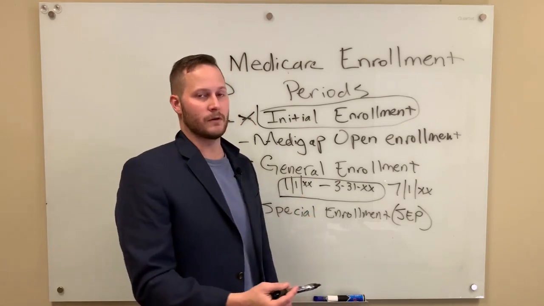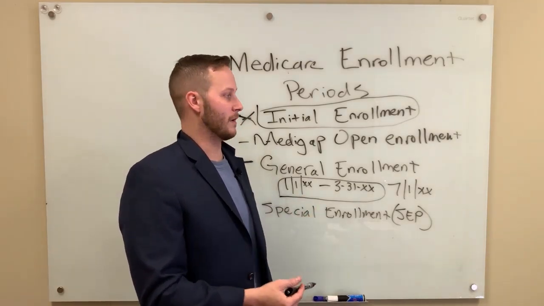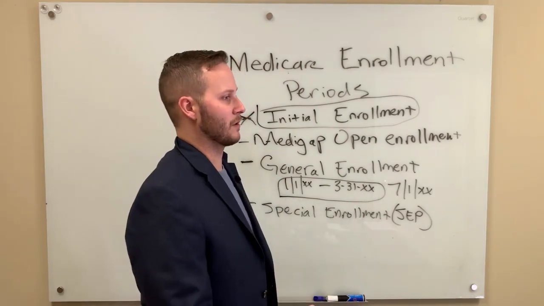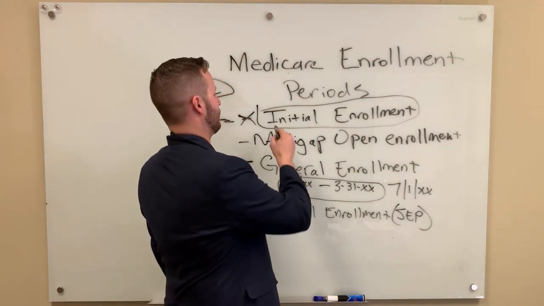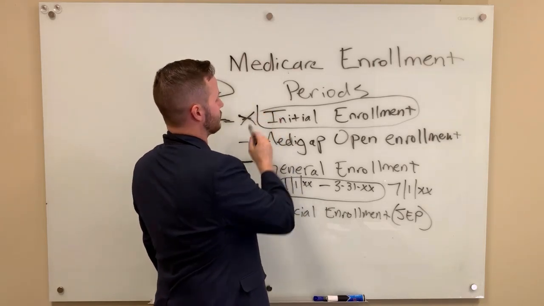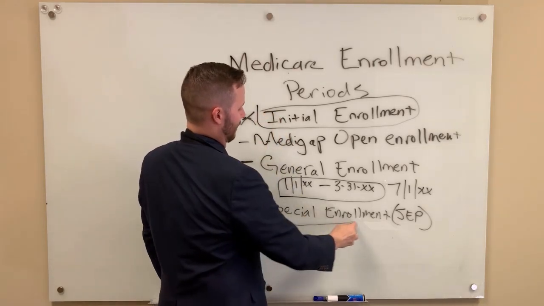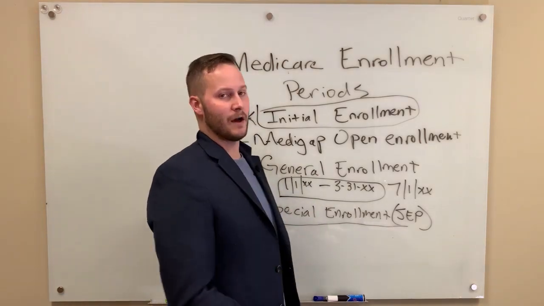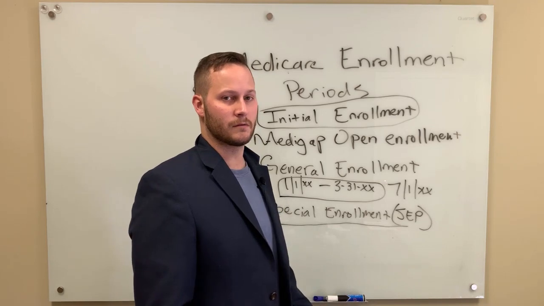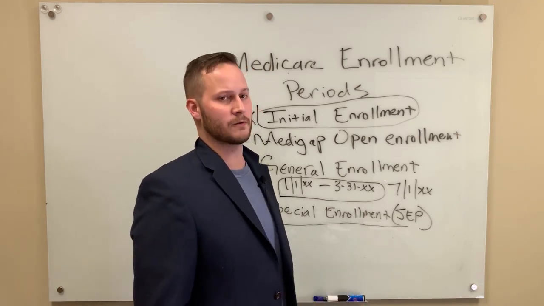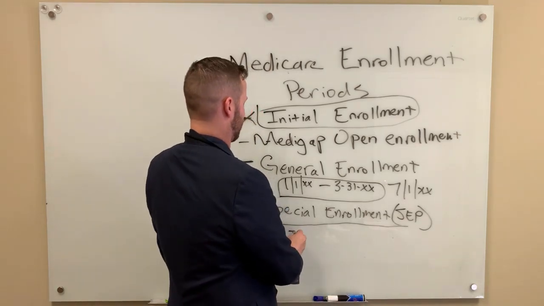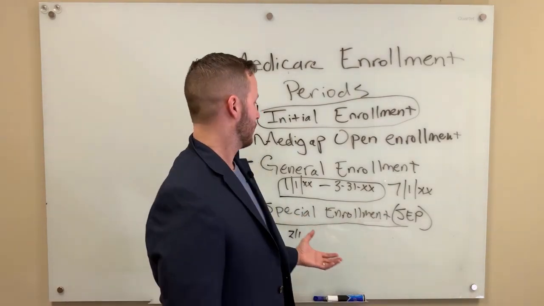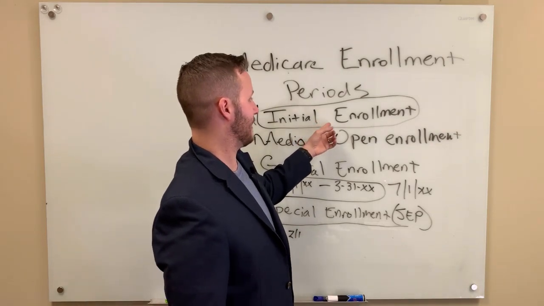But we'll pretend that you have one that is credible, and you decide, I'm going to wait a year before I retire and I'll just keep my drug coverage and my medical coverage through my employer. If you do that, then when you go to retire, you can utilize this special enrollment period, and the first of the following month of when you're losing that coverage, so say you're losing it January 31st, February 1st, you could have your coverage be effective for your Part A and B